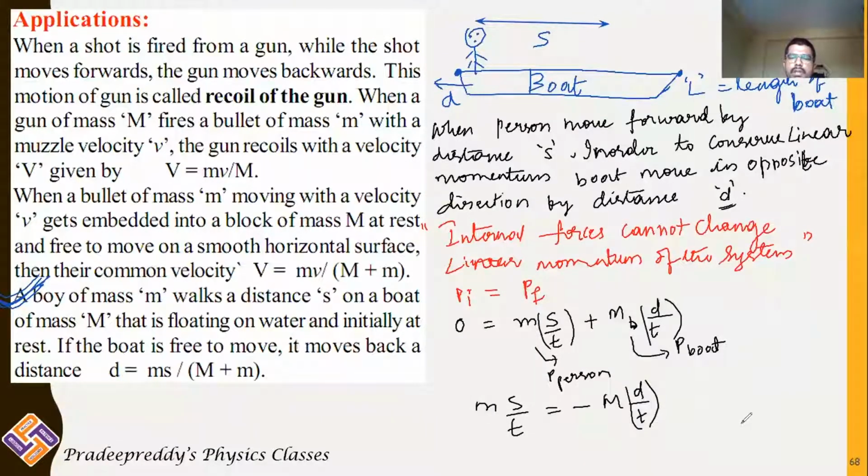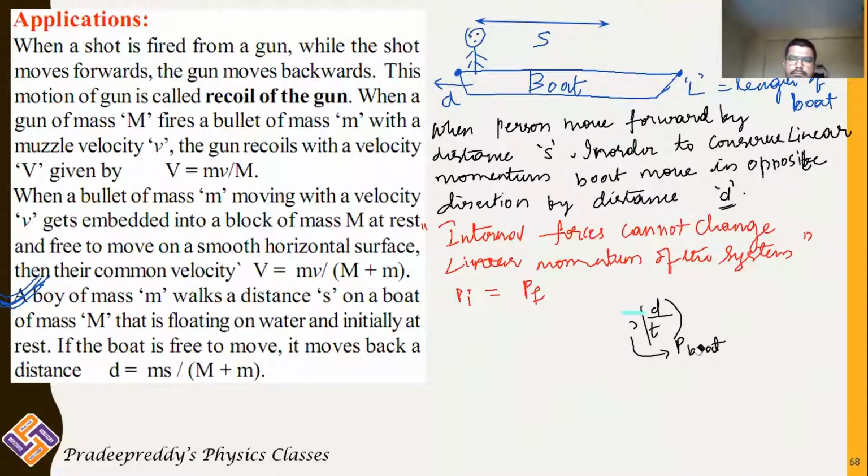And in this case, one small thing you need to understand. If you are considering the total system, the whole system is the combination of the mass of the boat as well as the mass of the person. Initially both are in the rest position, but when the person is moving, it is not only the boat moving, both the boat and person are moving. Therefore, I have made one small mistake, kindly excuse me.